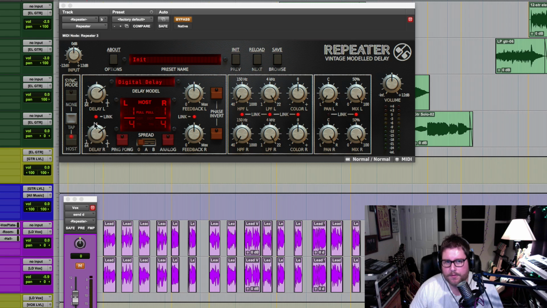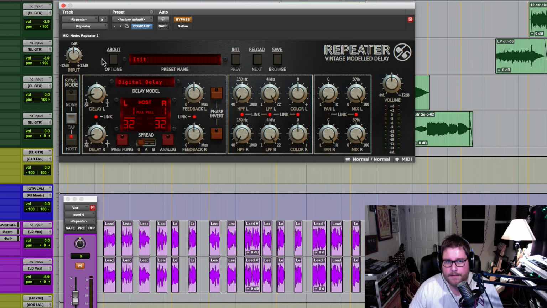So for example, starting on the left, we have our delay. If we just turn it like this, we can change our settings, 64th note all the way to a whole note, half note, quarter note, etc. What's cool about this is, so say we hit host, as it is right now, so it's on 32nd note,